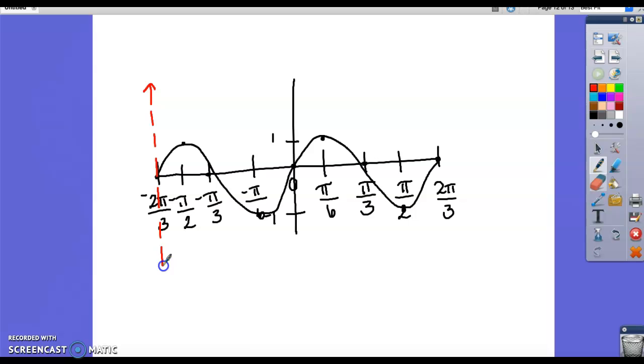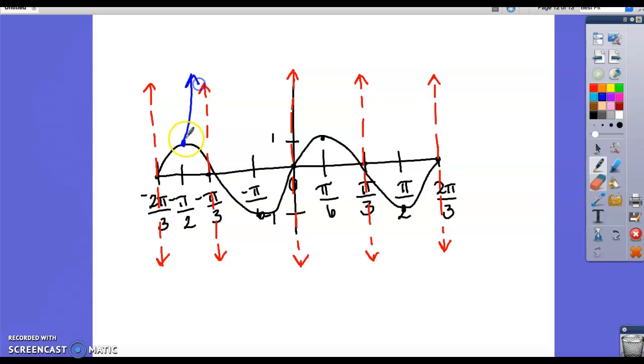Okay, remember that cosecant is the reciprocal. So everywhere sine equals 0, cosecant is 1 over 0. And 1 over 0 is undefined because you can't divide by 0. So everywhere sine equals 0, I have an asymptote. Okay, and then I just fill in my graph. And it looks like